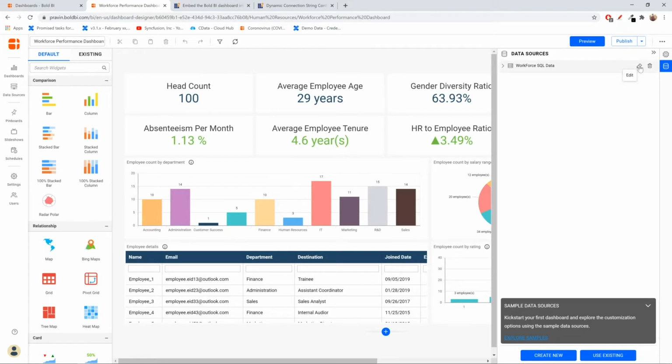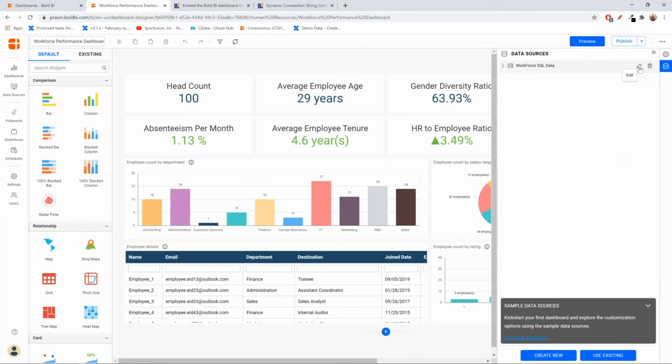So I can go ahead and edit this data source. The user-based filter, in case you are a user from the classic dashboard platform, we had the user-based filter on a dashboard level previously. So for every dashboard, you need to configure the user-based filters. And right now, for better usability, we have moved these user-based filters to the data source, so that when you make use of this data source in any dashboard, the user-based filter is already going to be there for them, and you don't have to redo it every time. So this is going to be easy even when you share the data sources with anyone.